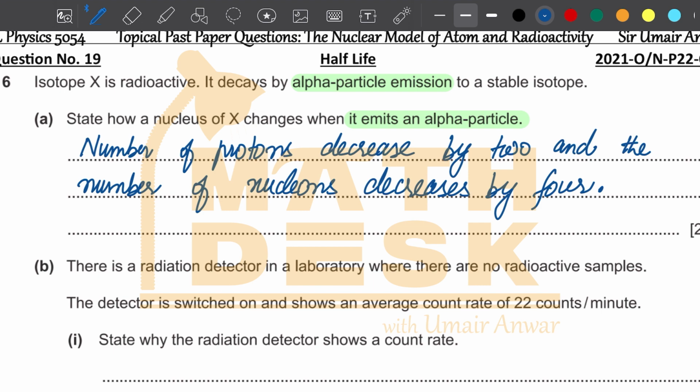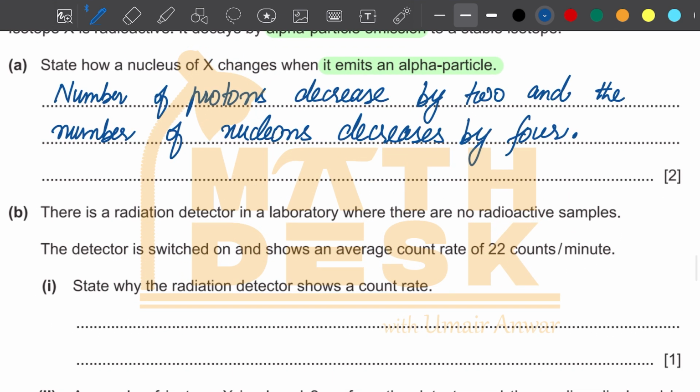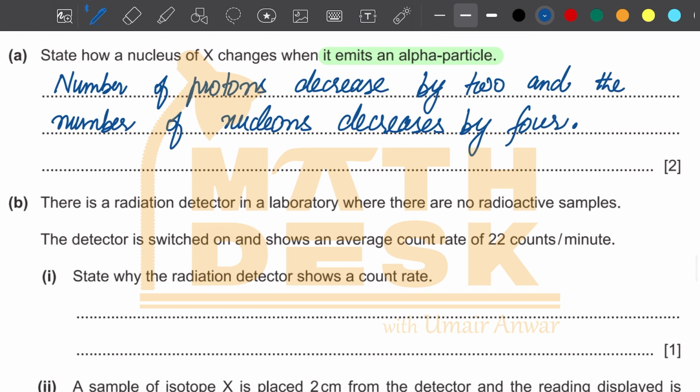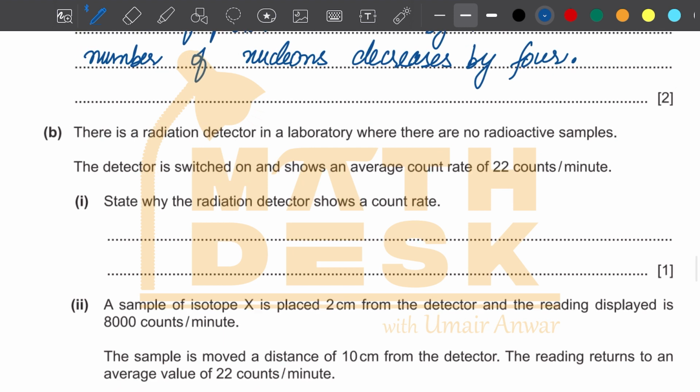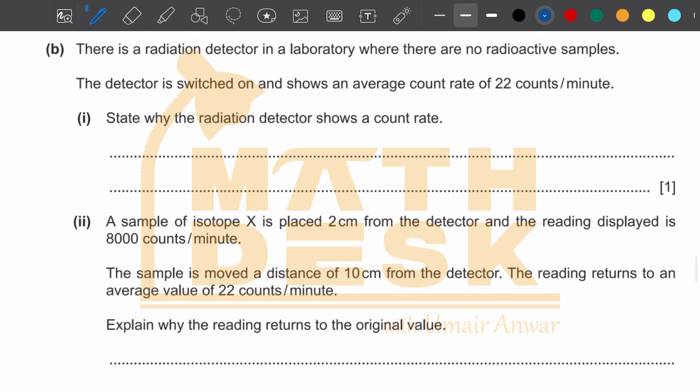An alpha particle contains 2 protons and 2 neutrons, which decreases the proton number by 2 and the nucleon number by 4. Now the next part says there is a radiation detector in a laboratory where there are